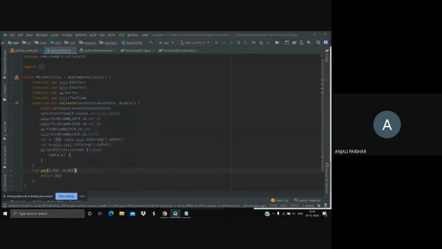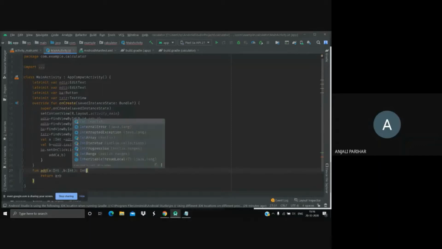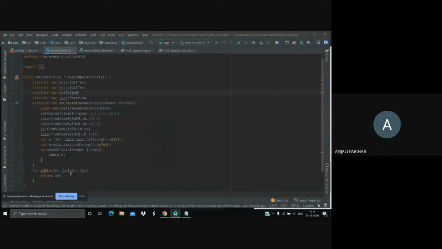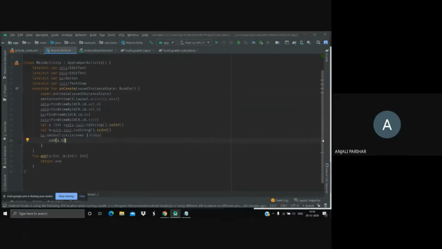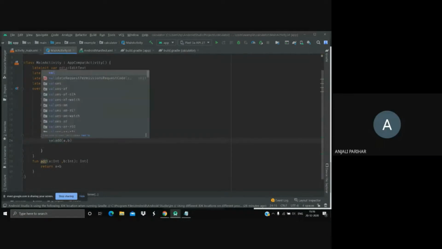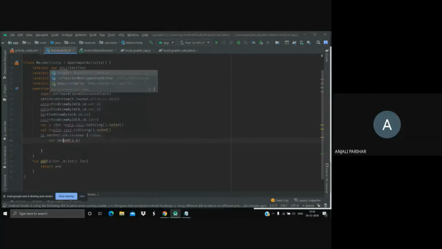Since I'm having a return statement here, I need to mention the return type. Once I get this value, let me take it in the result.